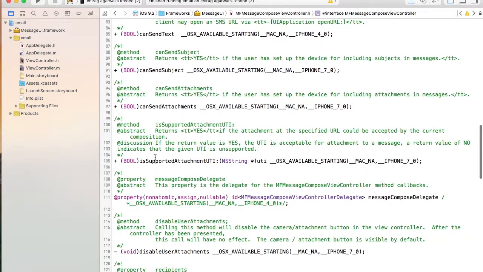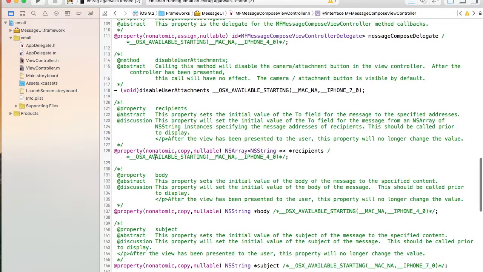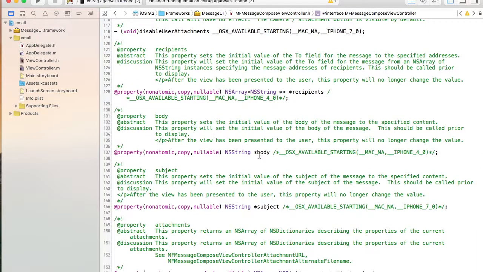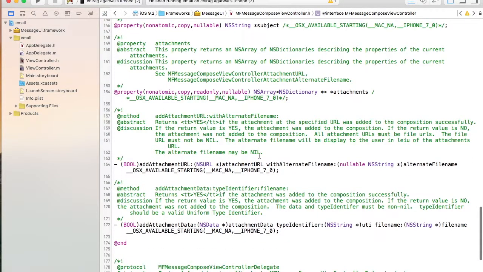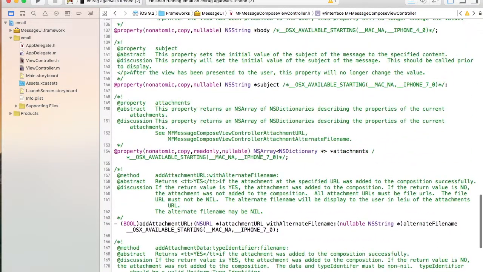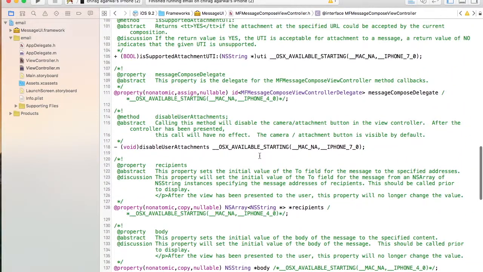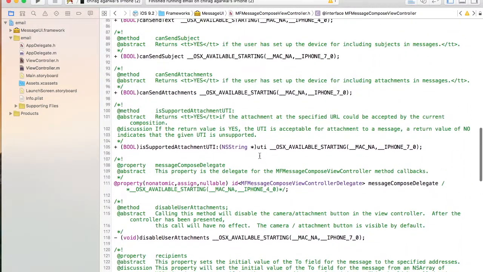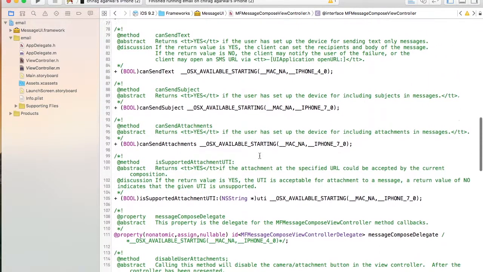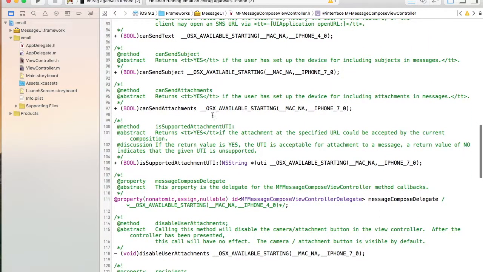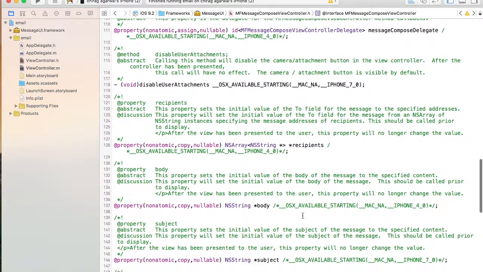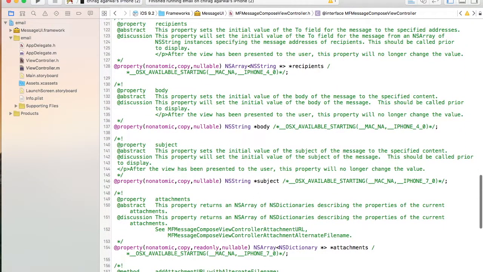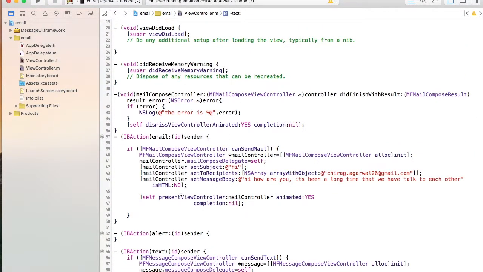And then you have properties. Let's go inside this class and view the properties. You can say can send subject, and then you can have the attachments also. Looking for these methods and attachments. And we have this property known as recipients. We have the body and the subject. Okay, so we have the body. You can say message dot body